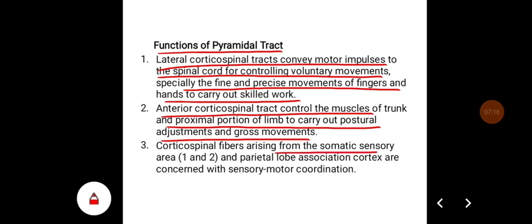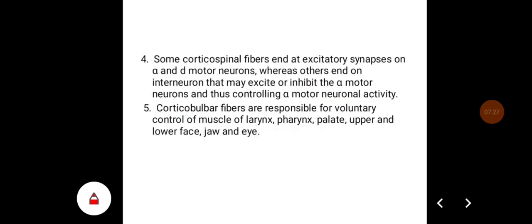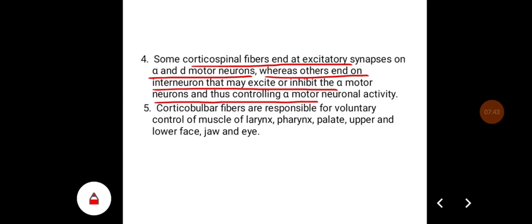Corticospinal fibers arising from the somatic sensory area, that is area number 1 and 2, and the parietal lobe association cortex are concerned with sensory motor coordination. Some corticospinal fibers end at excitatory synapses on alpha and gamma motor neurons, whereas others end on interneurons that may excite or inhibit the alpha motor neurons, thus controlling the alpha motor neuron activity. Corticobulbar fibers are responsible for voluntary control of muscles of the larynx, pharynx, palate, and upper and lower face, jaw, and